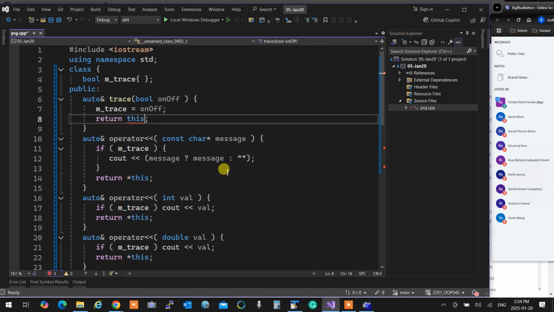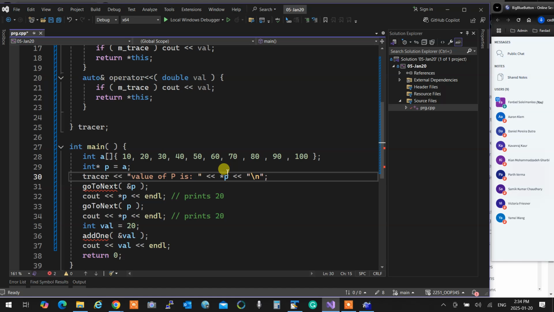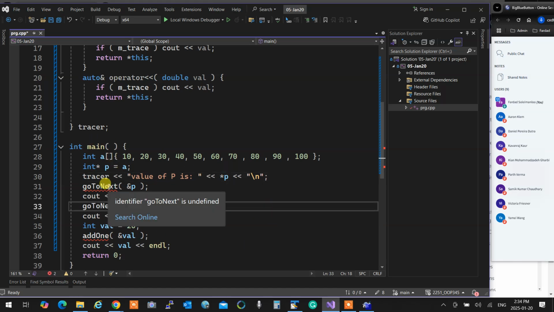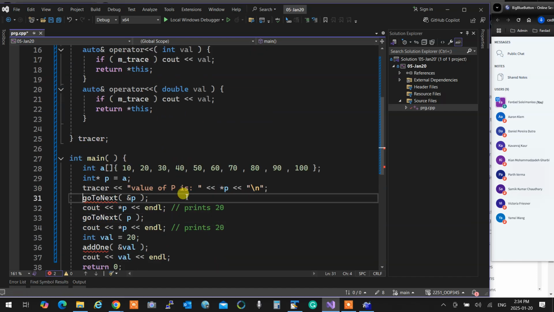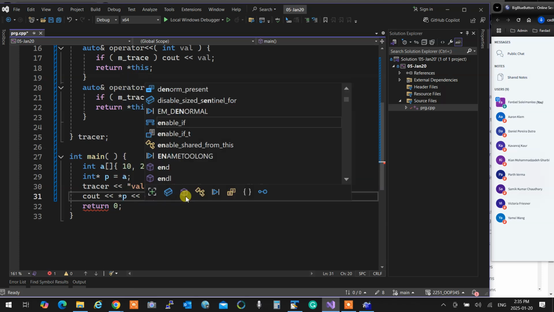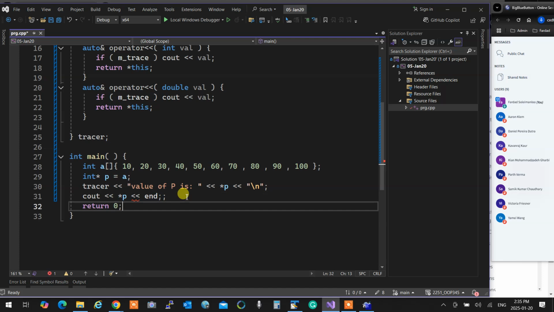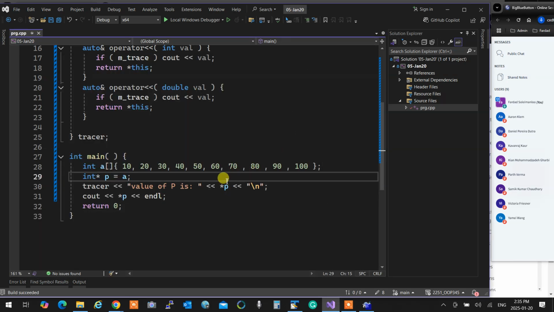Okay, so now I can turn it on and off. So now I can actually do the trace thingy over here. Why is it giving me an error in here? Did I remove that? Shoot, I removed the, anyways, forget it. Yeah, so now I can do this. If I run this, it's just going to show the 10. But if I actually set the tracer to on,